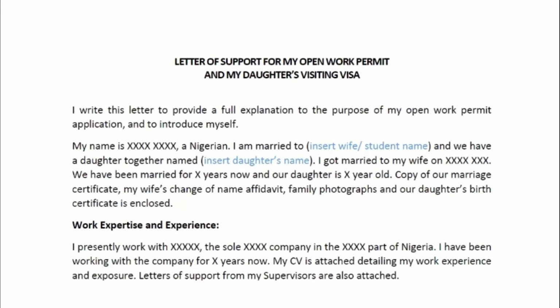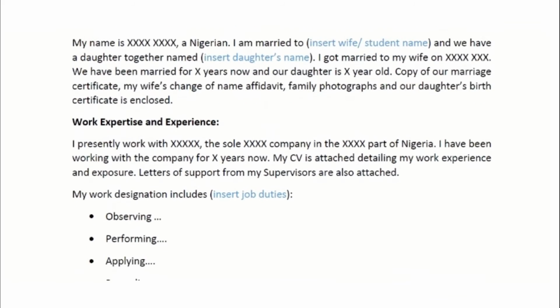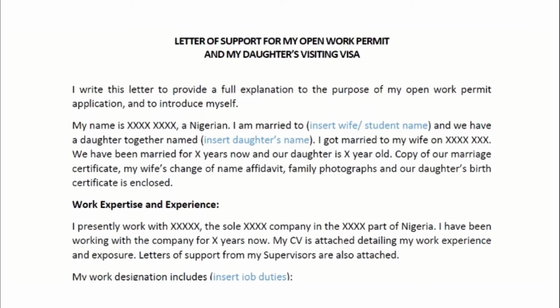Also, just like in the video I did for the study permit letter that I used for my application, I blotted out all parts that have my private information just for privacy. And I always recommend subtitles for your letters, just so that the visa officer knows where exactly to go if they are looking for something specific, and so that they can briefly, while looking at the title or the subtitle of that portion, understand without even reading much what that part of the letter is going to talk about. They might not want to read through everything. I believe they do read through from the top to the bottom, but just in case, they have the subtitles